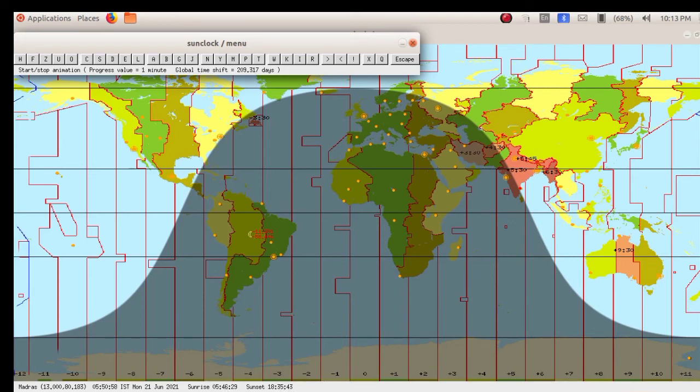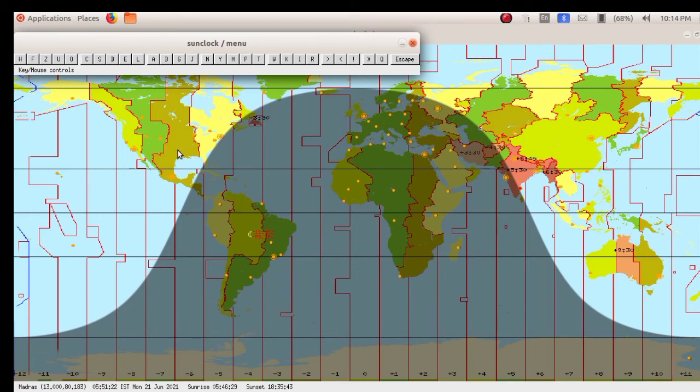Write down the sunset and sunrise for June. Okay, now you can display the sun. You can see the sun and moon here. Okay, it is displayed here.